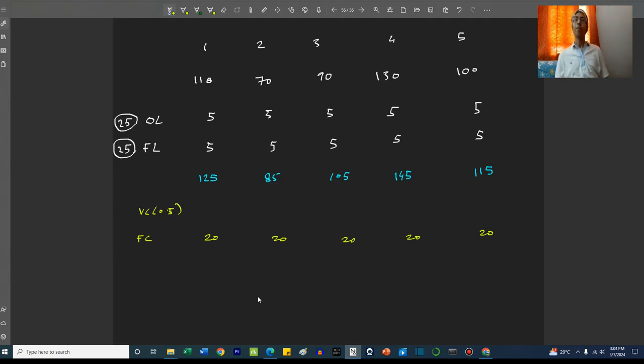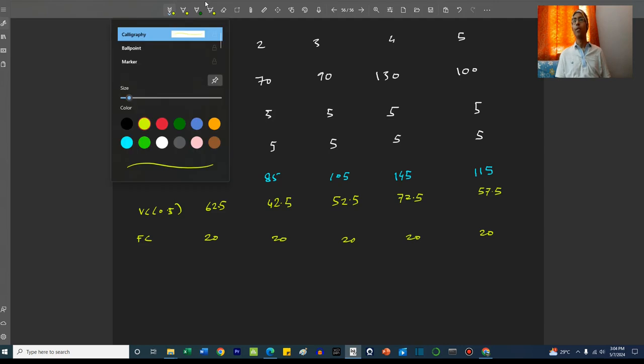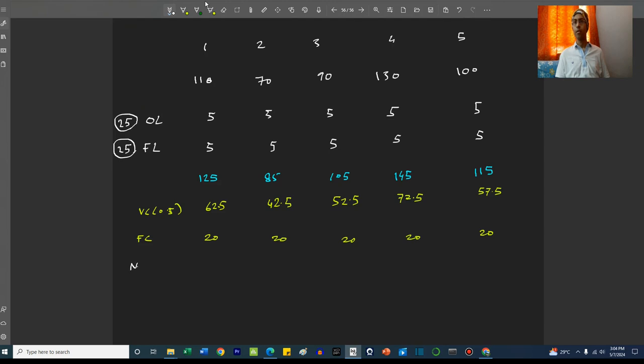So for the new net income, the variable cost is 62.5, 42.5, 52.5, 72.5 and 57.5, right? So these are the costs. Now if we have to find out the new net income,